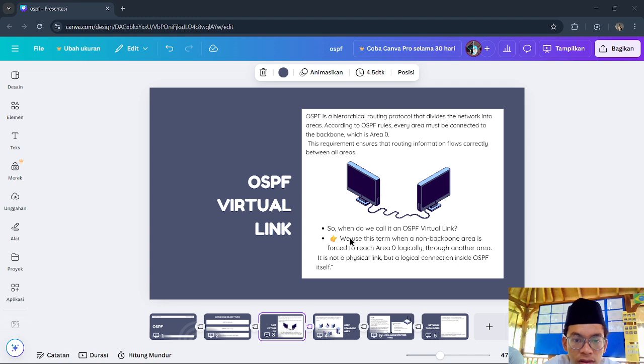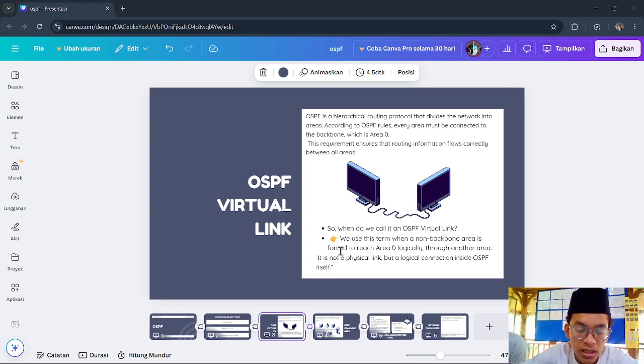But in real world network design, sometimes an area cannot directly connect to area 0. For example, maybe area 2 is only connected to area 1, and area 1 is connected to area 0. In this case, area 2 has no direct physical link to the backbone. So how can we make OSPF work? The solution is the virtual link.